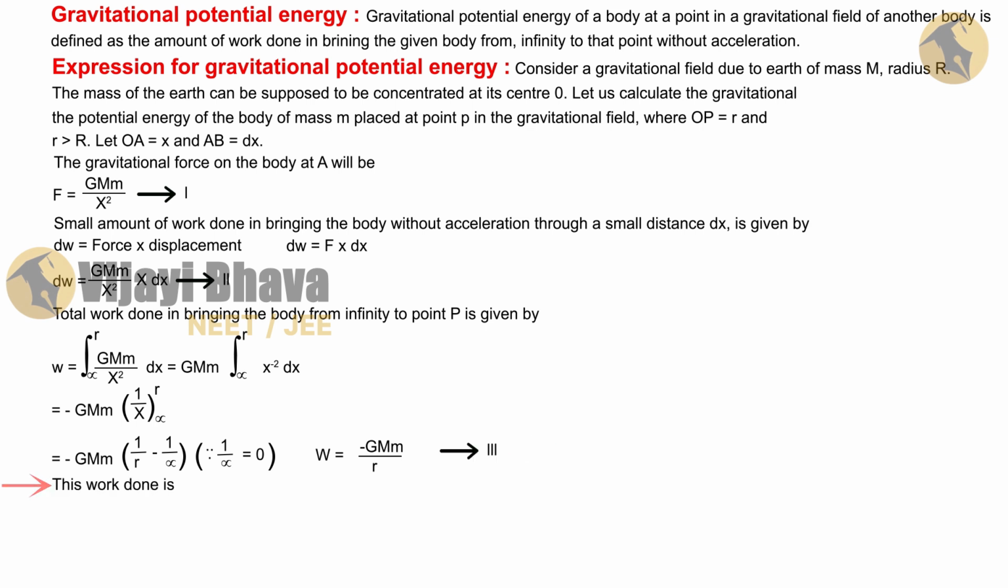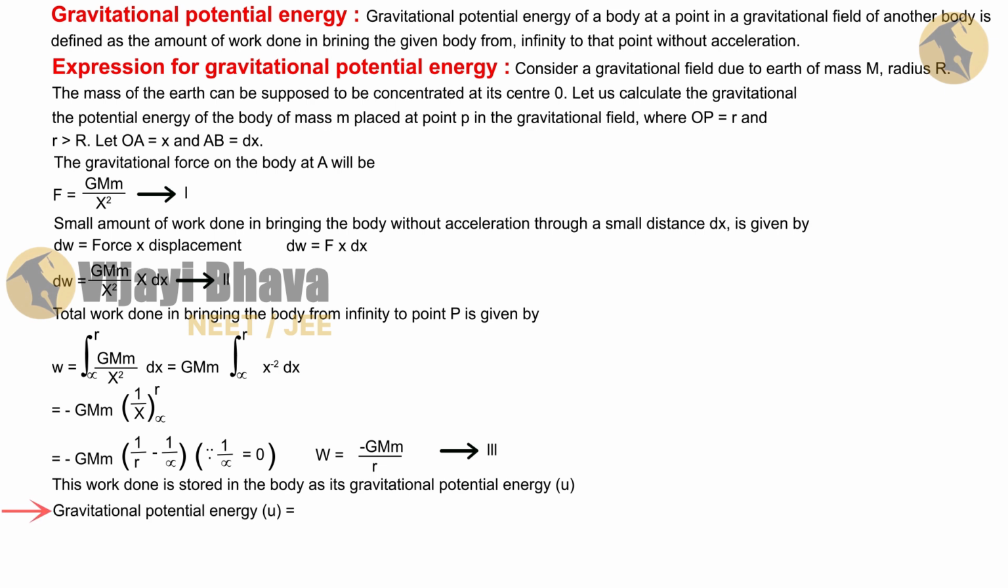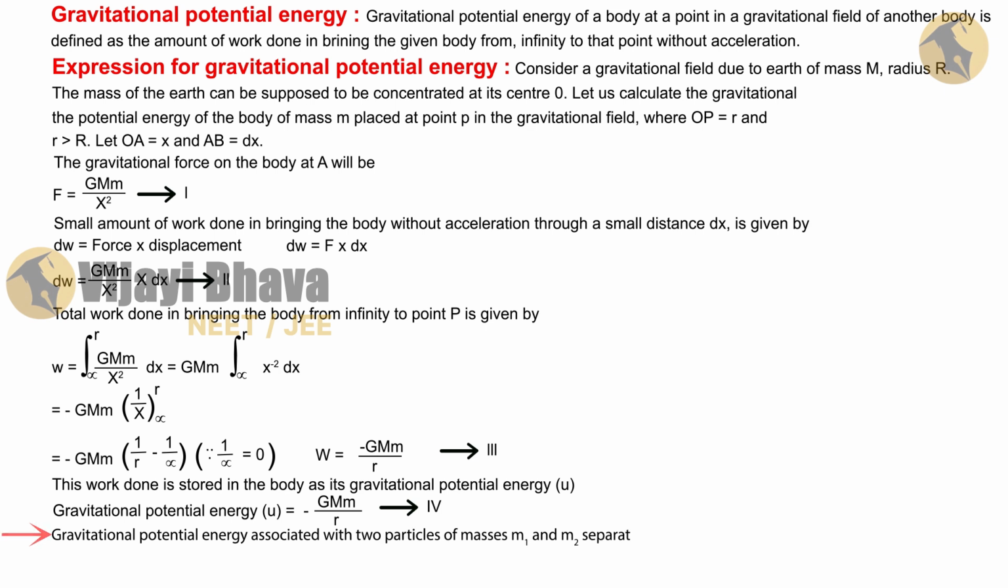The work done is stored in the body as its gravitational potential energy. The work done we have calculated above can be treated as gravitational potential energy U. So, U = -GMm/r. Gravitational potential energy associated with particles of masses m1 and m2 separated by a distance r is given by U = -Gm1m2/r. If U is equal to 0,